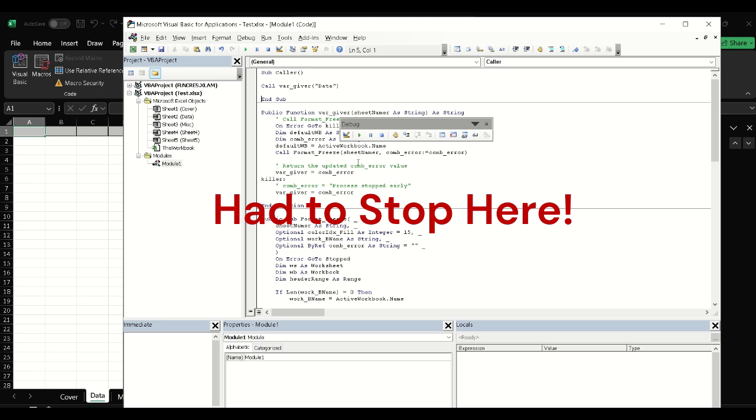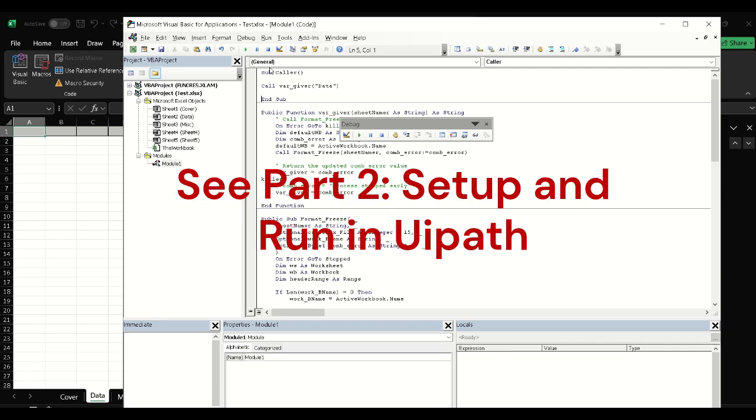But once that's done, now we want to grab this code and we want to populate it